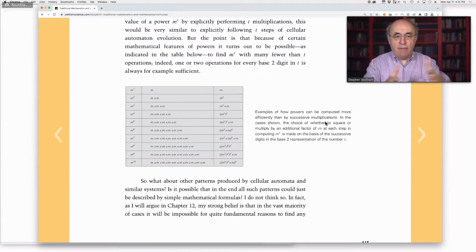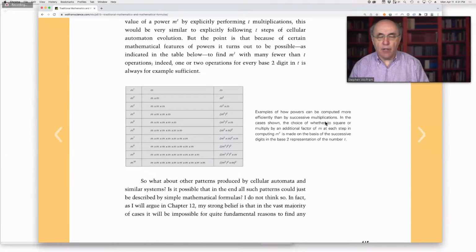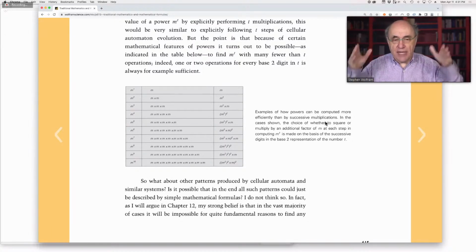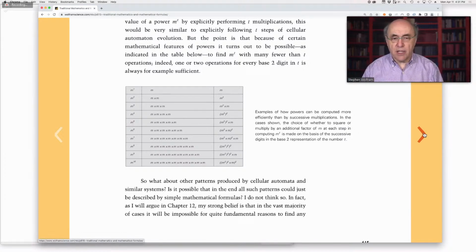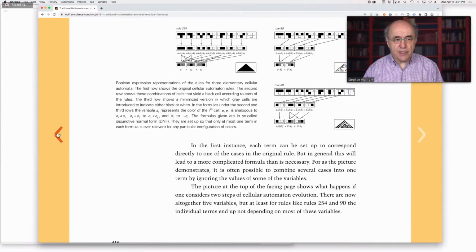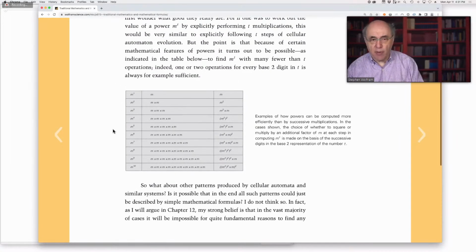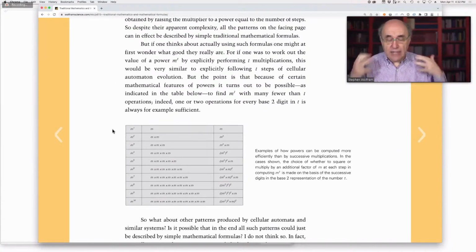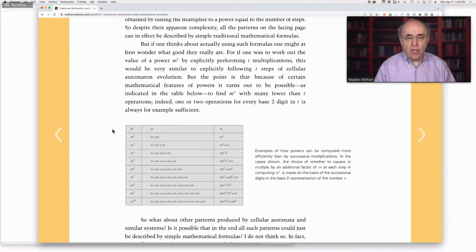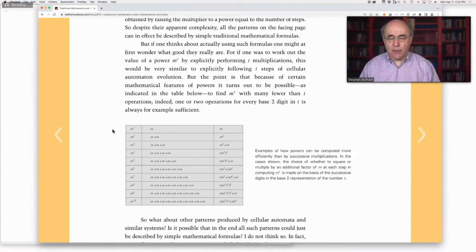And you keep doing that, and you can take any number, and it's basically the binary decomposition of the exponent that gives you the sequence of repeated squarings and multiplications that you need to get that number. And that takes much less. It takes logarithmic time to do that repeated squaring. And so that's a more efficient way to compute the answer. So that's a case where we have a pattern that, again, looks kind of random to our visual system, but mathematics manages to crack it more efficiently than just the irreducible run each step and see what happens.